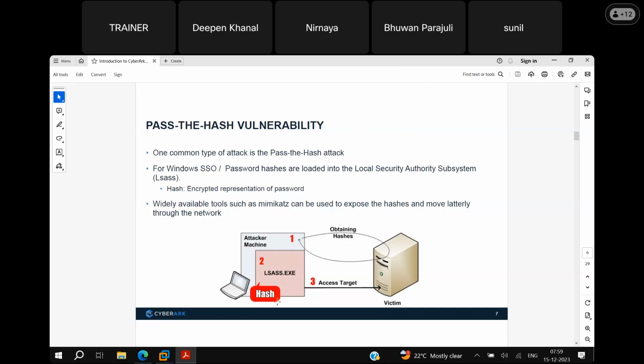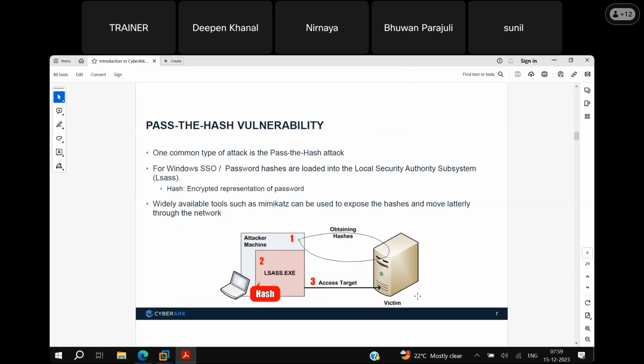Hash is nothing but a password. They will try to get the password of the privileged account, which is stored in the Local Security Authority Subsystem. They will use third-party tools like Mimikatz to expose those passwords, and they will gain control over the network.